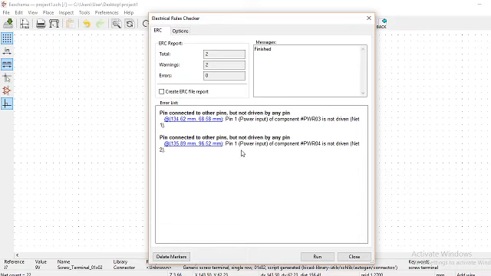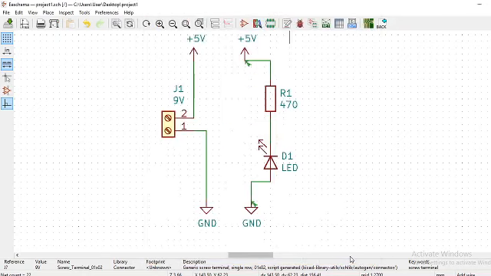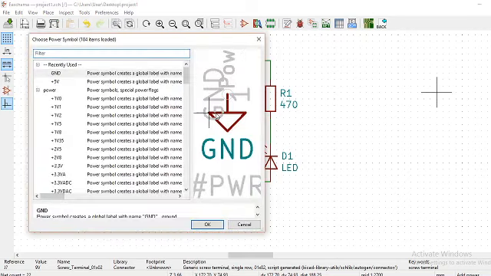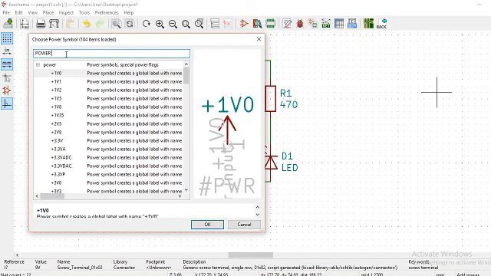To remove these errors, it is necessary to add power flags. Then close this window, go to place power port and search for power flag, which is in the power library.